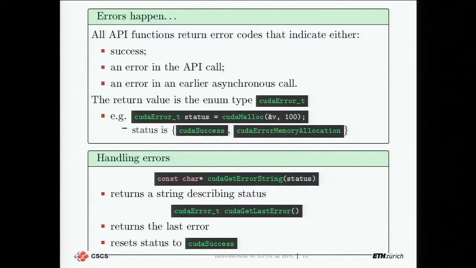But this is just an error code. It's not so human readable to us. There's a function called cudaGetErrorString. So you can pass this status value that you get back in here, and it will then return a pointer to a string that contains an error message that a human being can read, so that when you print on the screen that there was an error, you've actually got a human readable error. Because this cudaError_t is just an integer underneath. So no one likes getting error messages like, oh, you had error number 63. That tends to annoy users. Okay, so